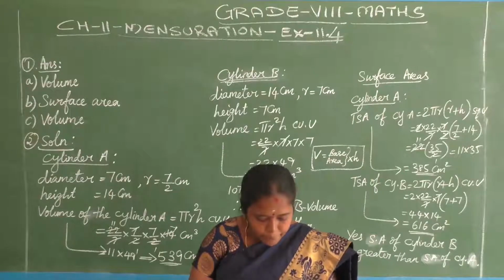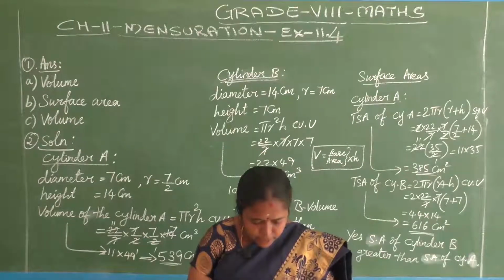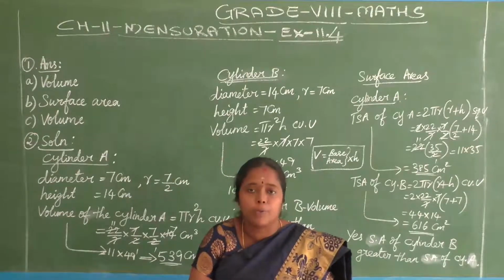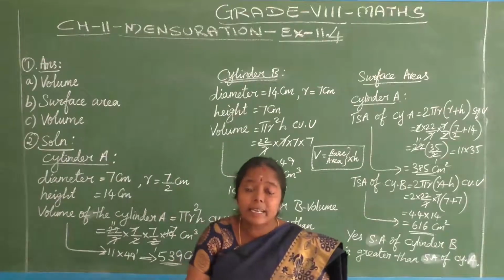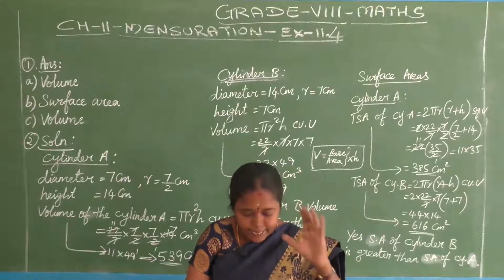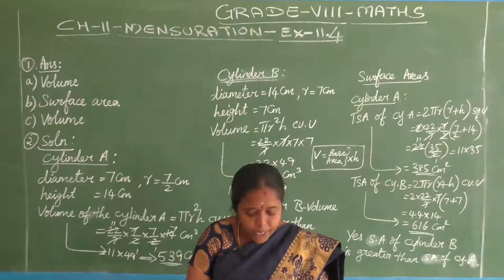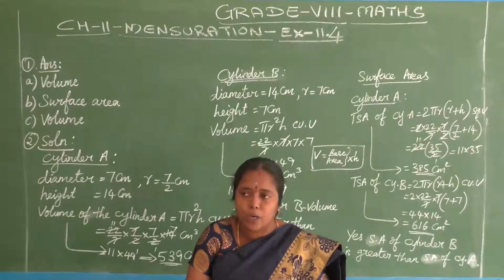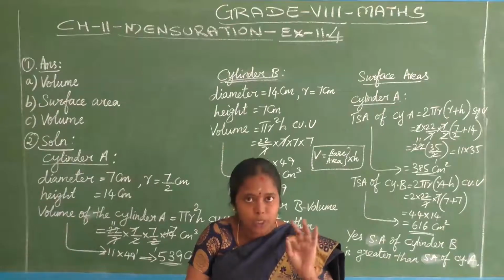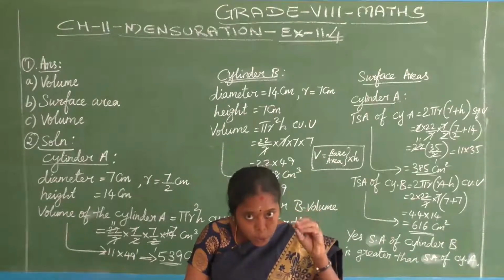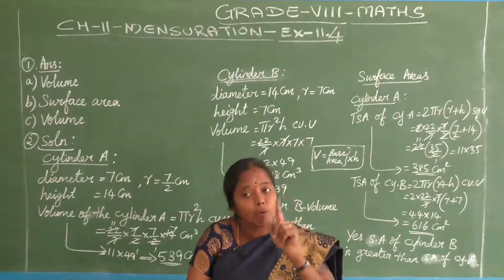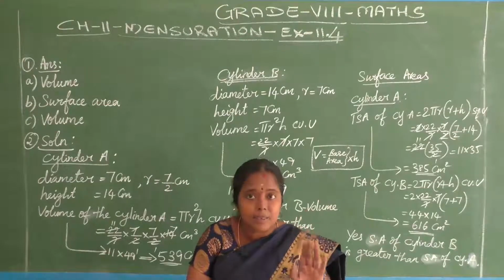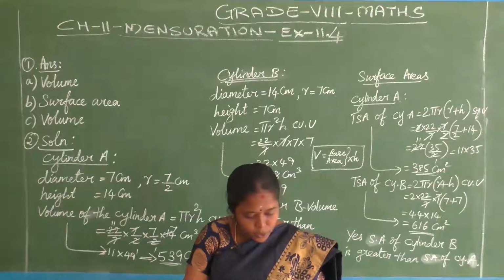What is given here? Given a cylindrical tank. Consider it like a water bottle. In which situation will you find surface area and in which situation volume? They have given 3 questions here. Based on the situation, you find out whether you will find the volume of the cylindrical tank or the surface area of the cylindrical tank. This is the question. See, three situations they told.